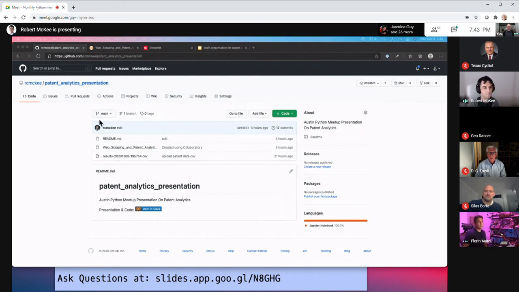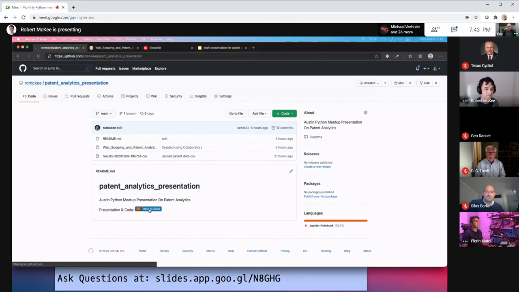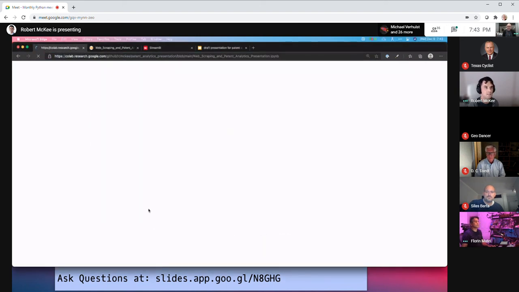But yeah, all of the web scraping and patent analytics and visualization code is there for you to use and get your feet wet, so that you can get in more trouble. So this is your GitHub, the one that you're presenting now? Yes. Okay, so this is where we get your presentation and you can see all this. Yes, I put it in the chat, and when you get here, just click open in Colab, and it'll open up, and you can start playing around with a copy of it.